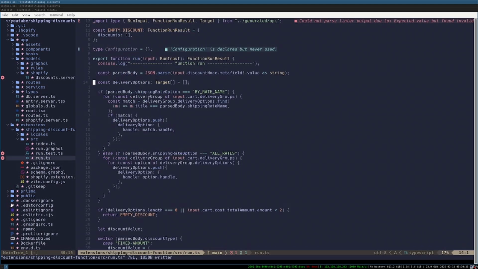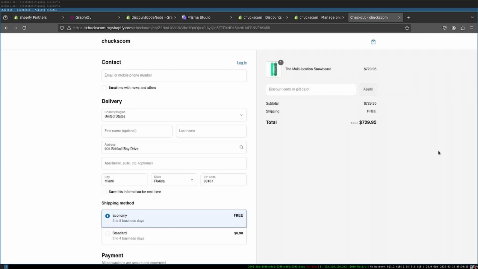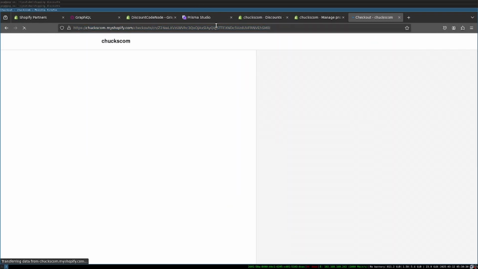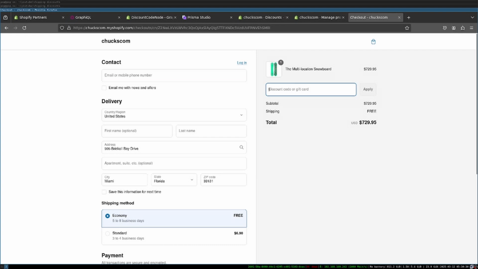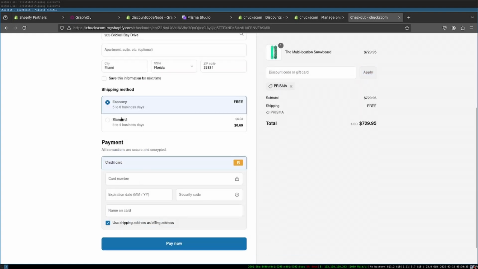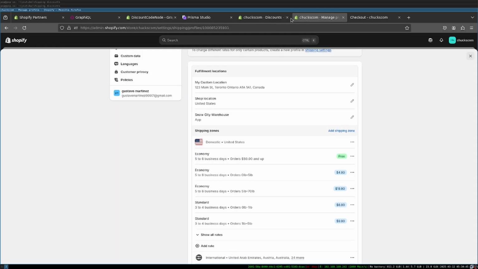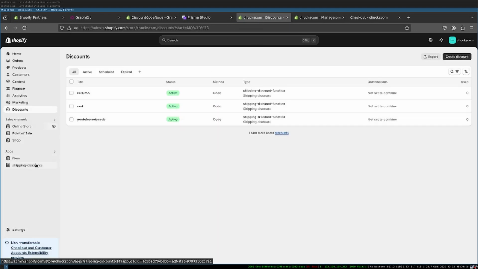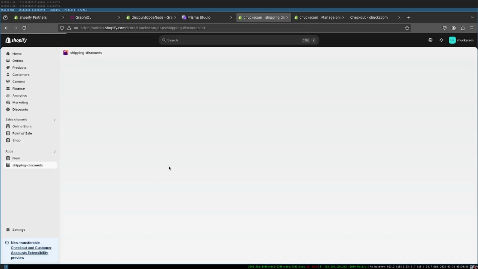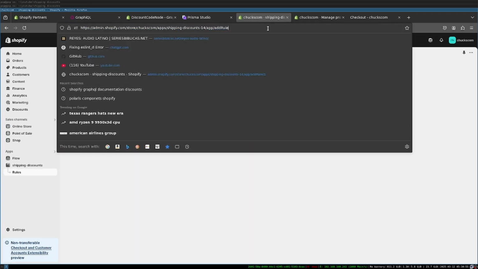So let me show you once again how we try it. So let me refresh this guy. So let's apply Prisma here, and then you're gonna see that it's gonna apply. I think it was 90%, right? So yeah, it's applying an 80% discount. So let's keep trying. Maybe let's do a few more tests because this is basically the main functionality of the app. Let's go ahead here to rules,